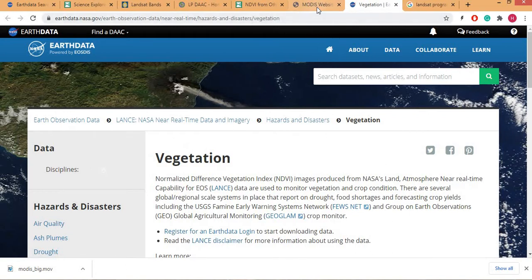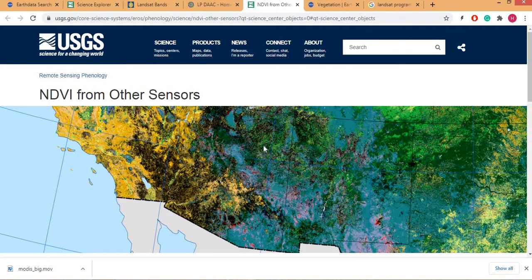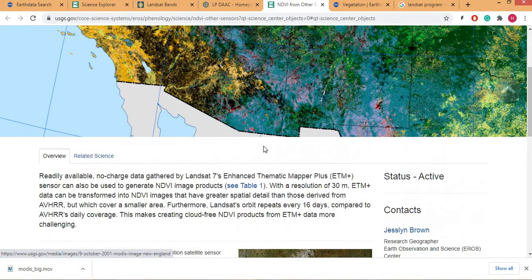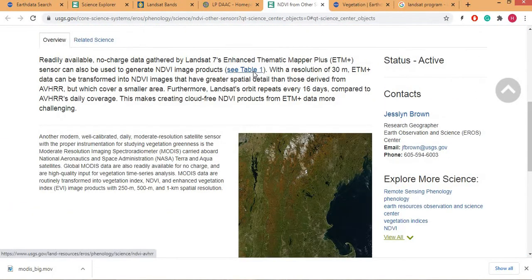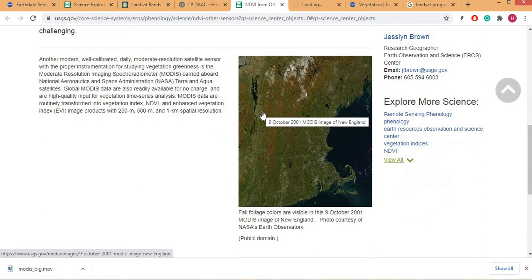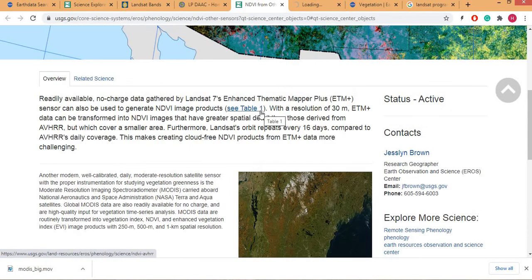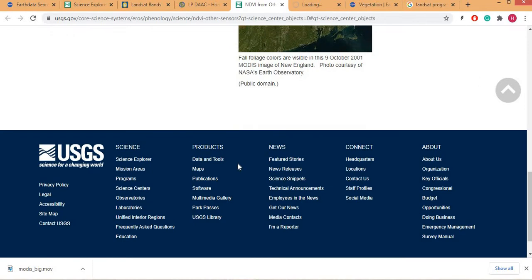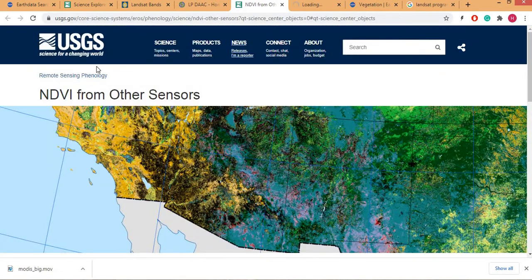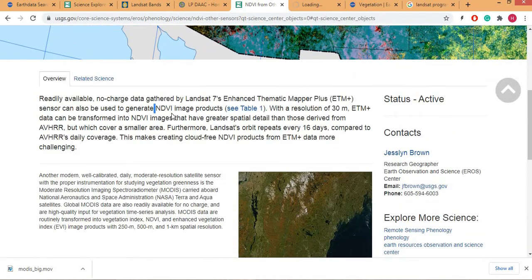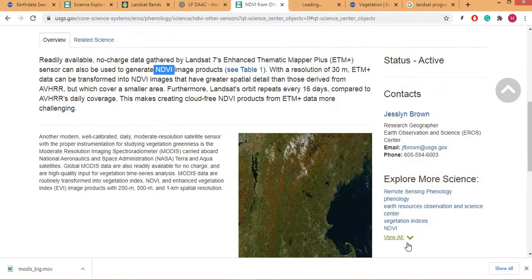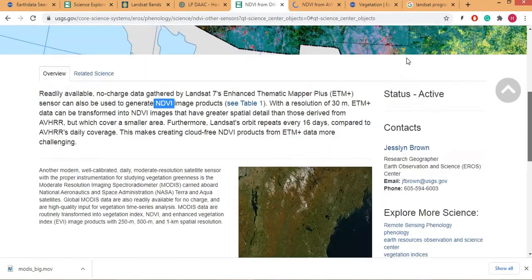So this is another website. Let me introduce you the extensions which we can use. So this is NDVI from other sources. You can see its table, that how this NDVI is prepared actually. So different organizations are also working to develop normalized difference vegetation index or other water index, drought index. We can also create these indices by using multiple equations, and we will do that in our practicals.